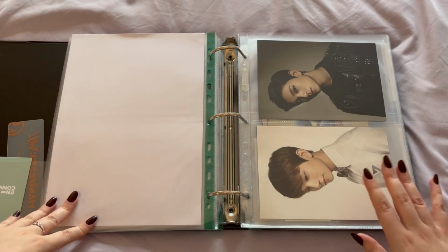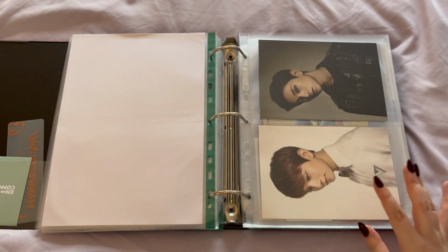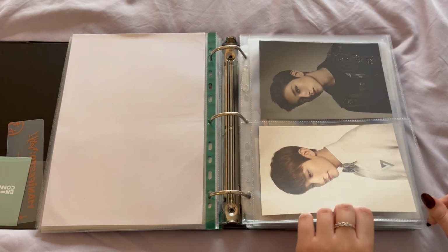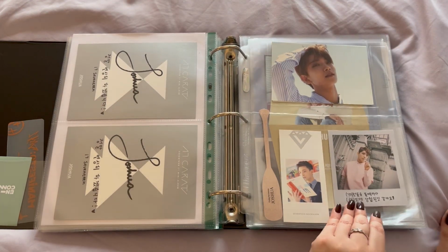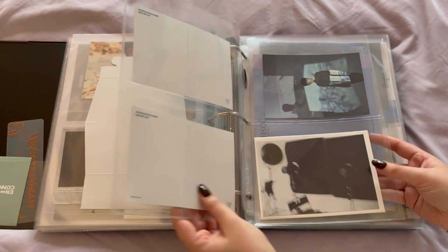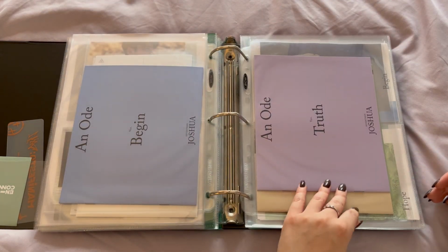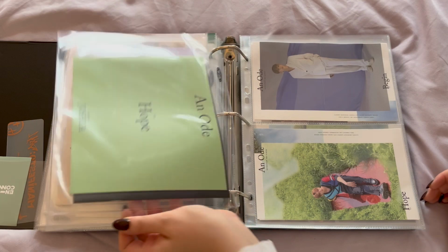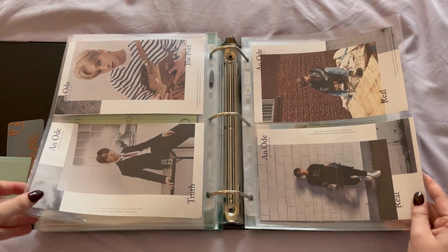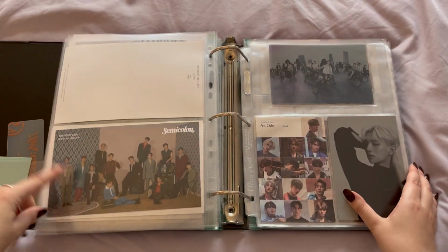And then 17. So for 17, I've tried to collect pretty much all of Joshua's bigger inclusions. I've not finished, but that's why I have a lot of stuff for this, but it is mainly just Joshua. So 17 Carat, some of the earlier eras, Teenage, Director's Cut, and then the Anode booklets, and then his Anode mini posters. I pulled Vernon in my albums, and then I do have these two. And then the Semicolon,